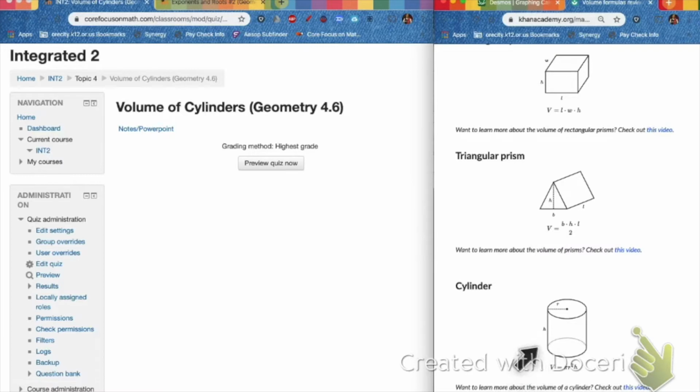You'll notice cylinders have a height, h, and they have a radius that goes from the middle of the circle to the end. This is different than diameter that goes all the way across. And then they have this really important formula that I'm going to leave up here the whole time: V equals pi r squared h, which means the volume of the cylinder equals pi times the radius squared times height. And we could input all this in one line on our Desmos calculator when we need to